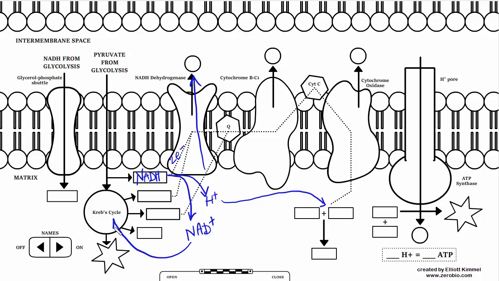This can now go back into either Krebs cycle or the preparatory step right here. So that is necessary to keep Krebs cycle going. And this is why Krebs cycle, or the matrix reactions, is considered to be part of aerobic respiration, right? Matrix reactions, or Krebs cycle, and the electron transport system, both part of aerobic cellular respiration. Krebs cycle, preparatory reactions, matrix, collectively, indirectly require oxygen because they need the oxidized electron carriers to continue to